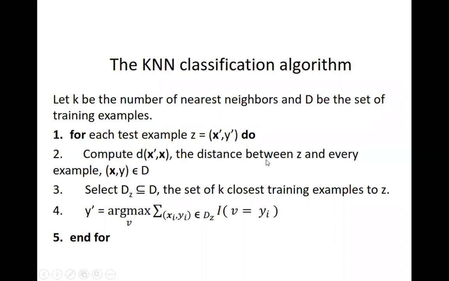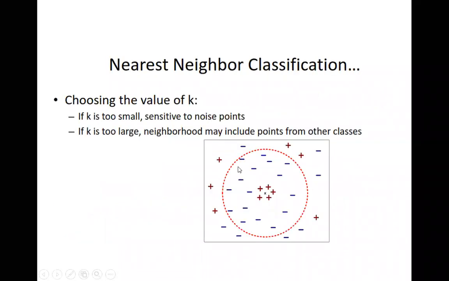Is it clear? So this is KNN, a very simple algorithm. The first point is computing the distance. Next, once you calculate the distance, you have to find out among all those which are the closest neighbors. If two or three neighbors are closest, whatever label they have got, that label will be assigned to the new test data.